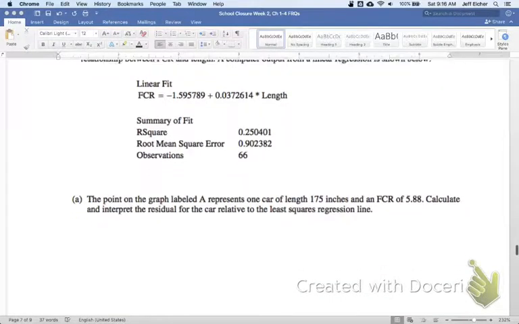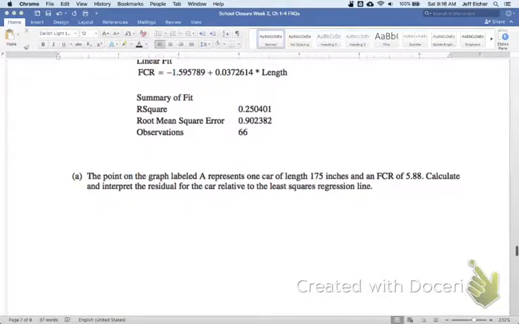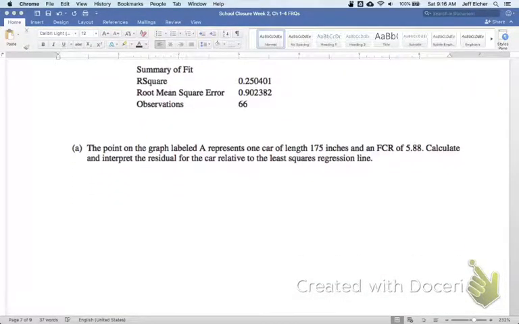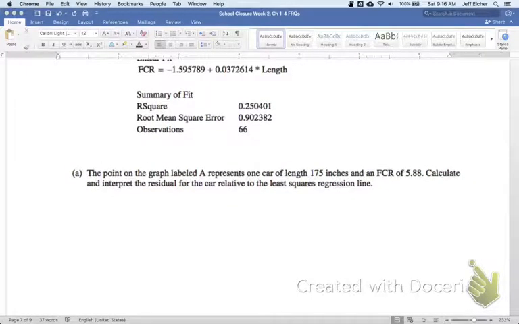And question A. Typically on the investigative task, question A is something that we have talked about and learned in AP Stats. The parts after that might be trying to take you down a path, learn something new, observe something new, a little bit beyond our curriculum, or maybe stuff we've learned but in a new context. So the point labeled A represents one car with a length of 175 and FCR 5.88. Calculate the residual